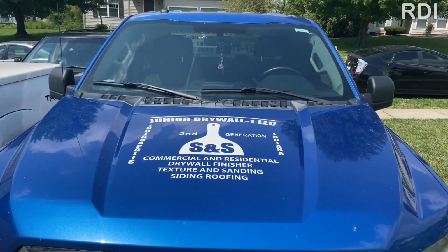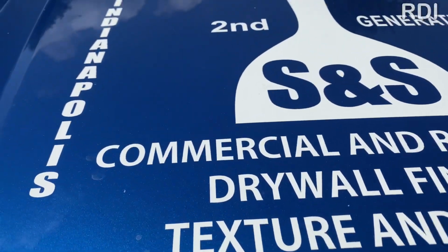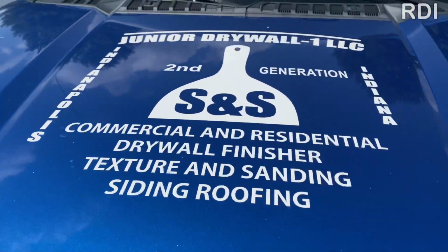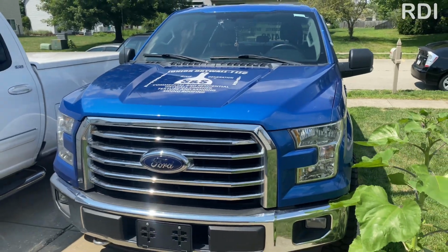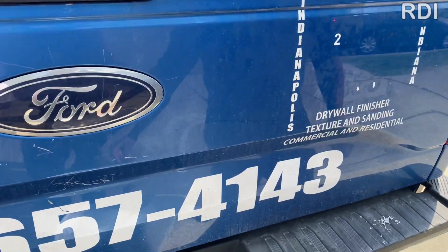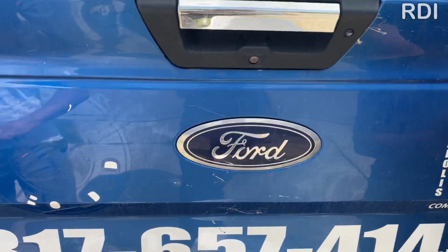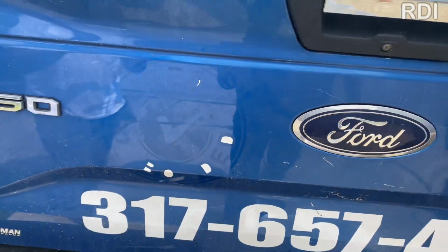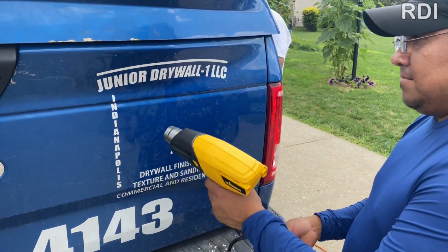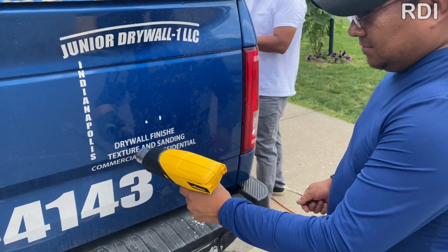We did this project outdoors, and the temperature that day was around 80 degrees Fahrenheit. The weather plays a huge role in how quick the project is going to be if you work outdoors. The colder the weather is, the harder it will be, because it has to be at least 70 degrees Fahrenheit for the adhesive to activate. You can still use a heat gun, but hot weather makes it better for you when you don't have a